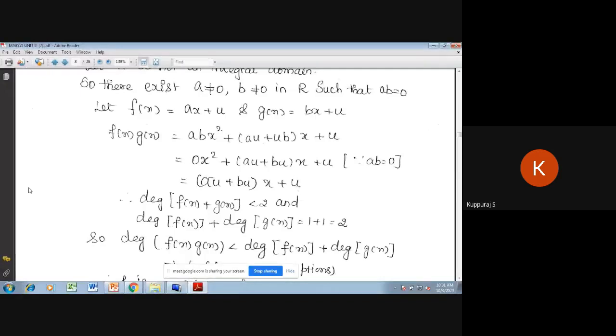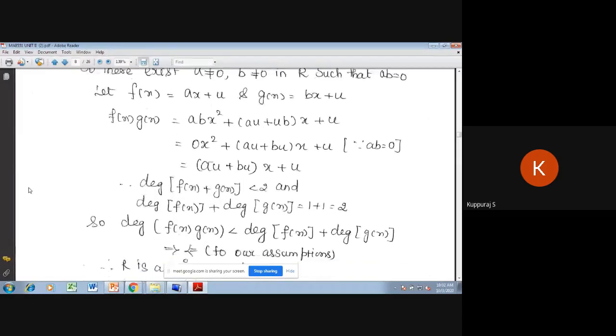So why do we have the contradictory result? Since we have assumed AB equal to 0, but A not equal to 0, B not equal to 0. Initially we assumed the contradictory result. Capital R is an integral domain. That's why we have taken A not equal to 0, B not equal to 0, but AB is equal to 0. That's why